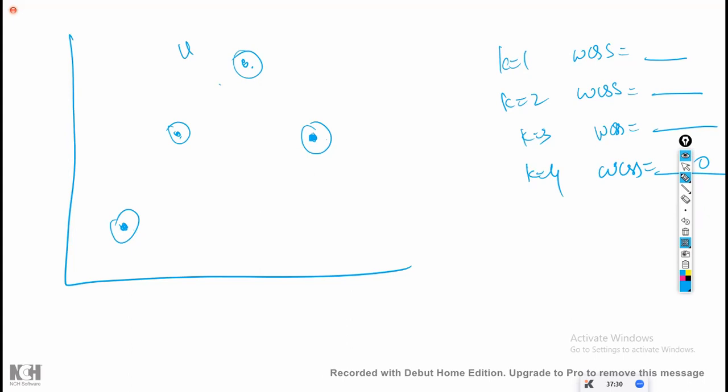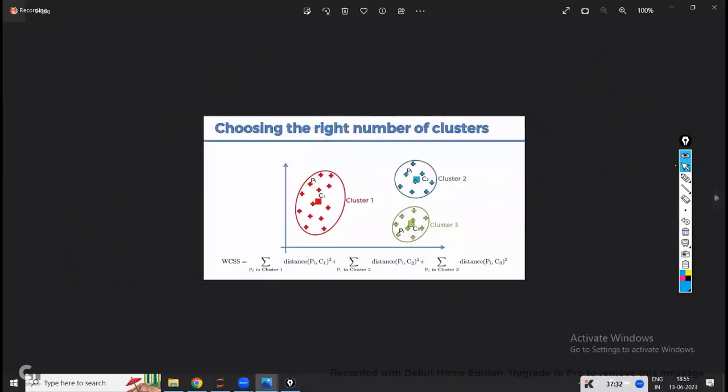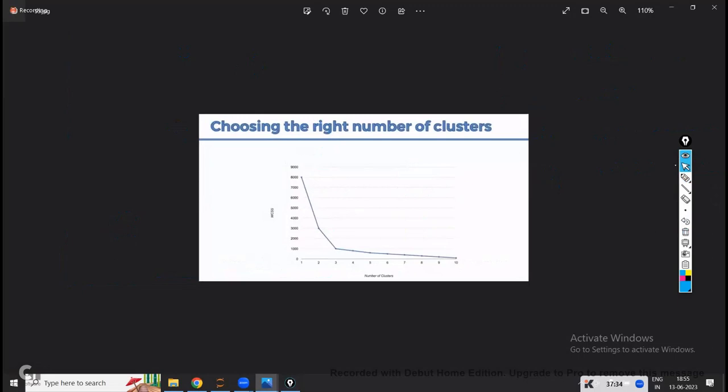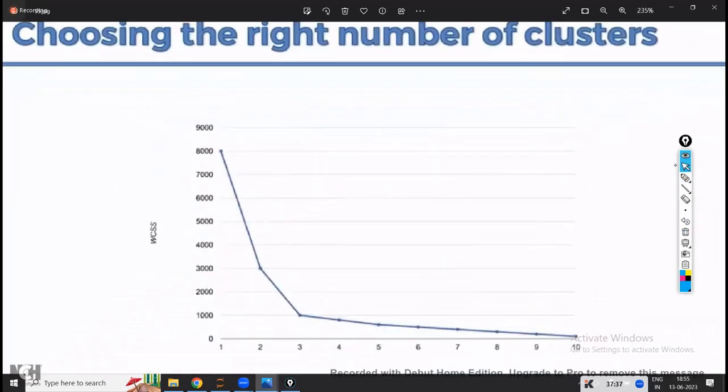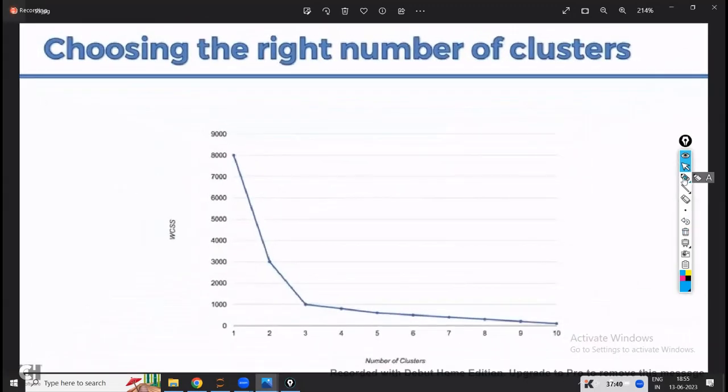Right? Now what I'm going to do is create a curve. This is the curve. In this curve, I'm going to plot number of clusters on the x-axis versus WCSS on the y-axis. For k equal to 1, what is the WCSS value? For k equal to 2, what is the WCSS value? For k equal to 3, what is the WCSS value? For k equal to 4, 5, 6, 7, 8,